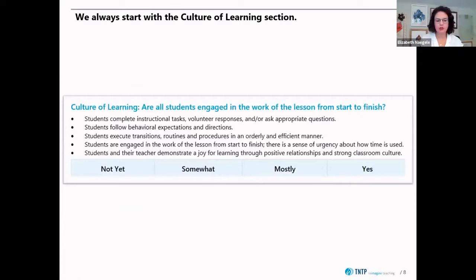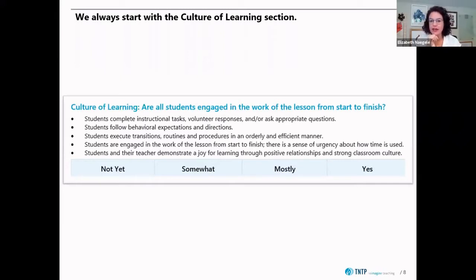We're not going to spend a ton of time talking about that one today because all of the classroom videos that we're going to see are strong examples of classroom culture, but I want to make sure that we gave voice to the fact that this comes first on the tool. And so by culture of learning, we're considering, like, are students doing what's being asked of them? And we generally look at this first, because if kids are not mostly on task, they're not focused on the